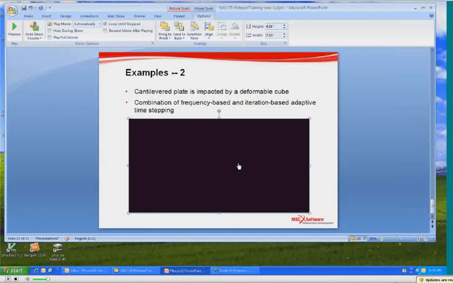Just from this movie, we can see the deformable cube dropped and impacted the plate, and then the cube rebounded from the plate to some height and then jumped again. Okay, so let's